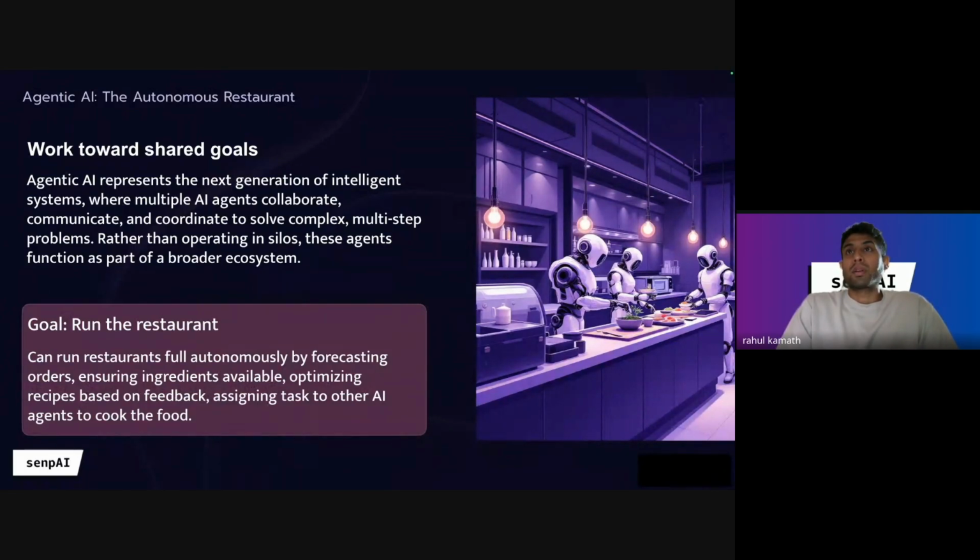You need to talk about getting the order from the customers, cooking the right amount of burger, ordering the ingredients, and taking care of the payment system. All these things are multiple agents, and you can think about agentic AI as working toward the goal to run a restaurant and make a profitable restaurant. So it takes care of all the small decisions, works with all agents in parallel, and can collaborate and communicate to solve complex multi-step problems. So that's what an agentic AI does.